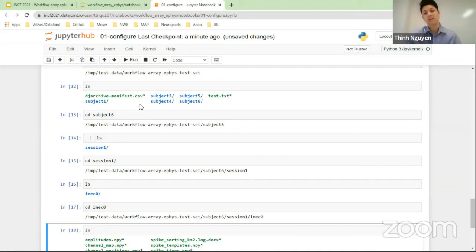But obviously, if you do this on your local system, then you would know where you have your data, what subject, what sessions. These don't have to follow any certain naming convention at all. You can name this Bob. You can name it session 26 or